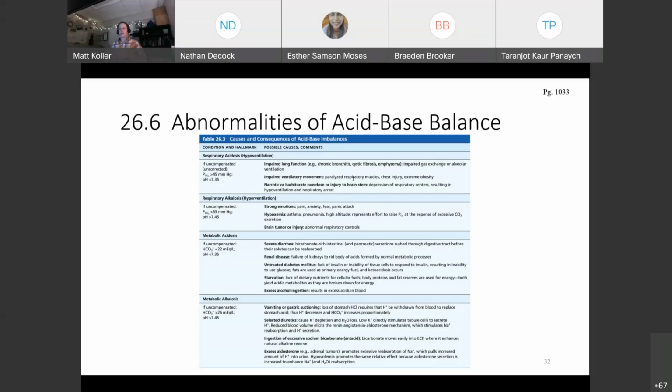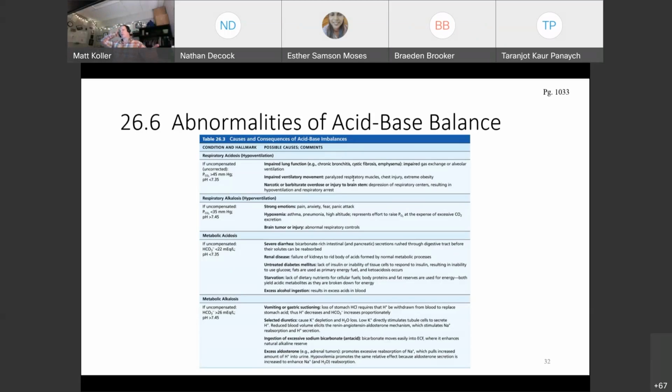Metabolic alkalosis, so you don't have enough hydrogen ions. Well, if you vomit or if you have gastric suctioning, right, you're removing hydrochloric acid. You can also think eating disorders. You could have diuretics. So diuretics are drugs which cause you to lose fluids, but also with that, you're going to lose potassium and lose hydrogen ions. If you take too much sodium bicarbonate, which is an antacid. And a good example is this could hit you with a double whammy. So if you take a lot of antacids, that can absorb all the hydrogen ions within your system